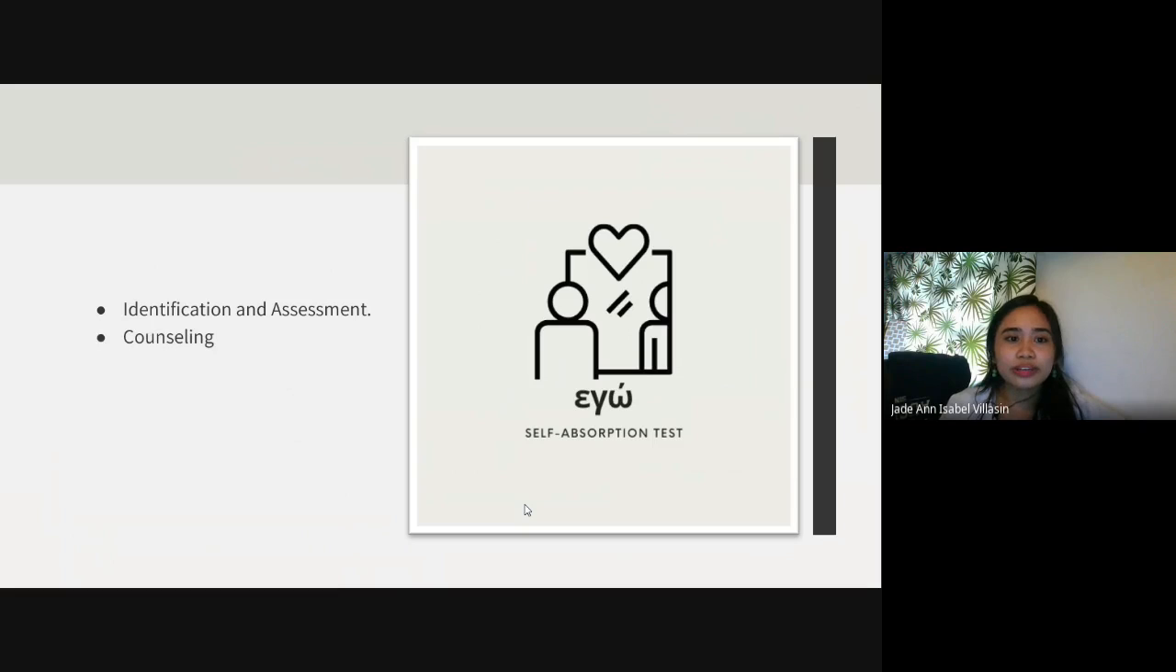So, as I mentioned, professionals could use it in counseling or in evaluation, but this is not just limited in the psychological field. This could also be used in research and studies. In this way, we provide an assessment tool that could be used in measuring specifically the self-absorption level of an individual that might be needed to conduct their research and studies. So moving on,